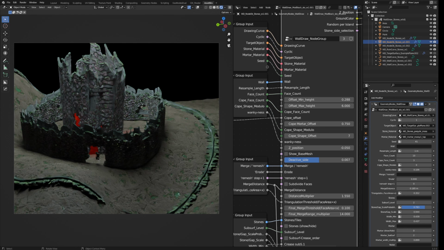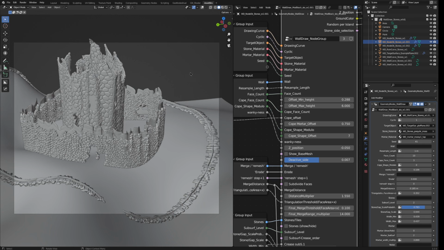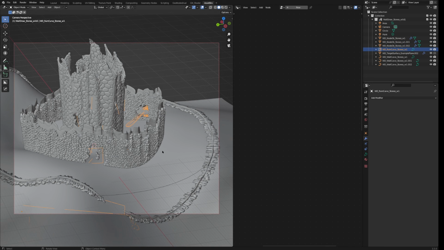Now I got a little spot in there. Let me fix that up. Let me just get rid of that. I don't like that piece. Tab in here. I think all I gotta do is just place a couple vertices right there. Things are getting a little slow. Oh yeah, this is slow. Oh, come